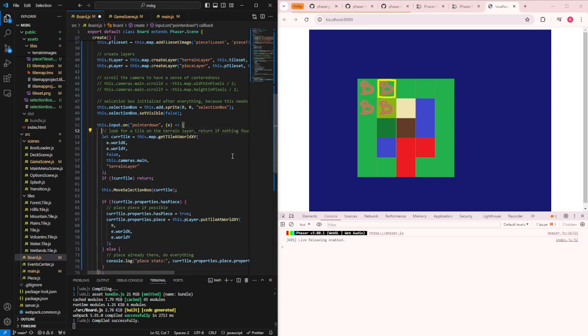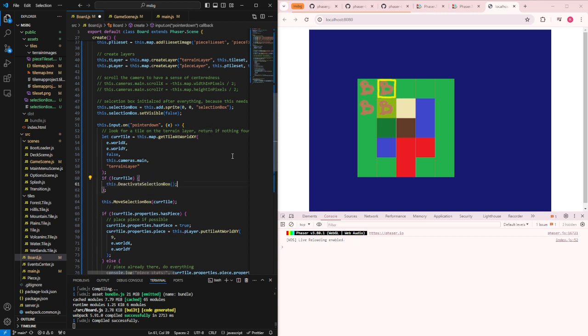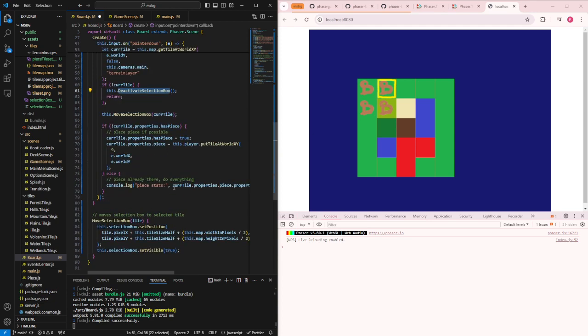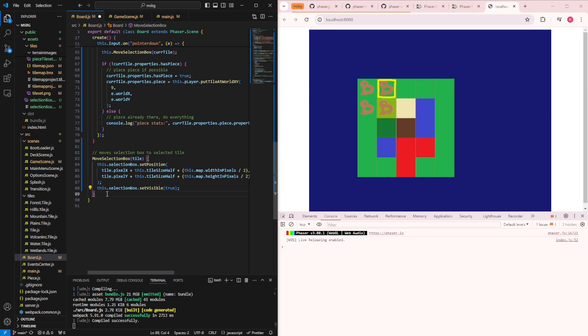No, because that's too much work. But if we don't have a tile, then we will deactivate the box and then return. So deactivate selection box